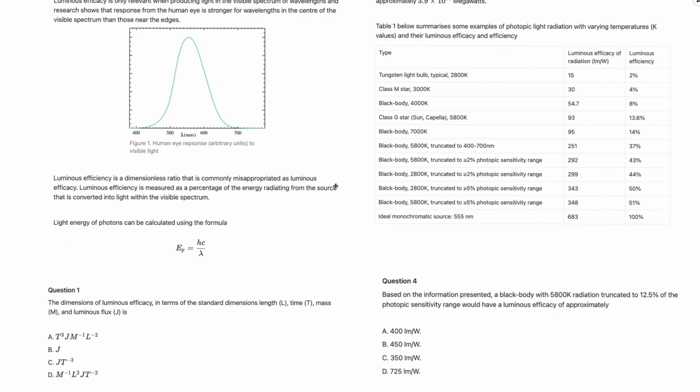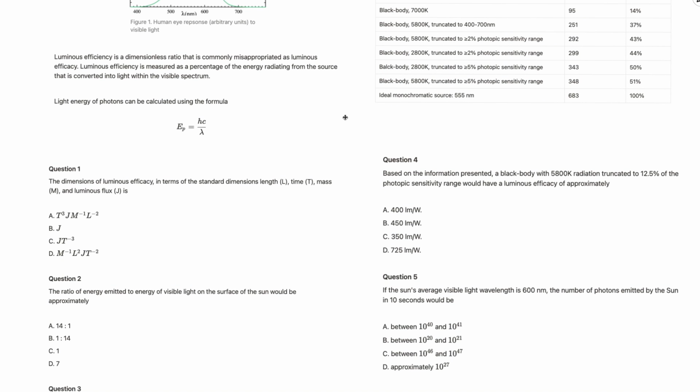So with question 1, it's just a dimensional analysis question. The dimensions of luminous efficacy in terms of the standard dimensions, length, time, mass, and luminous flux J as well, is which of the following? With these ones, you definitely want to just solve it and not do the test and check method in any way. And the way that we would do that is we would first go, all right, well, where was